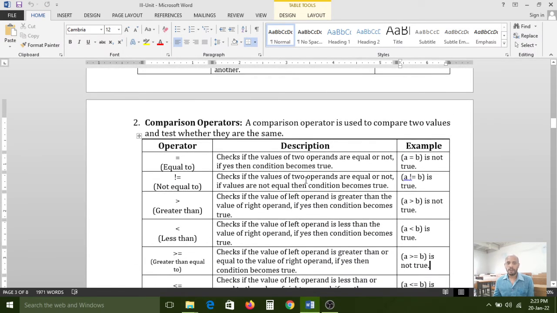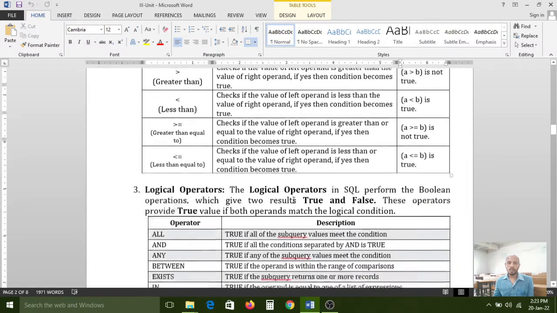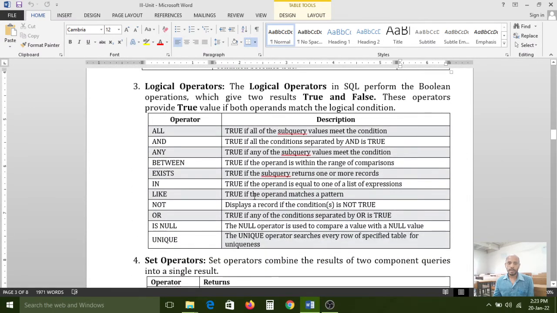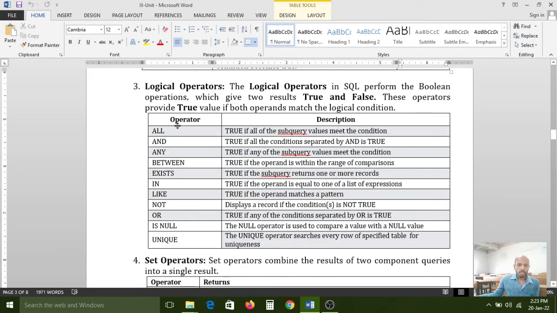So till now we have completed the arithmetic operators and comparison operators. The next type of operator is logical operators. The logical operators in SQL perform Boolean operations which give two results, true and false.